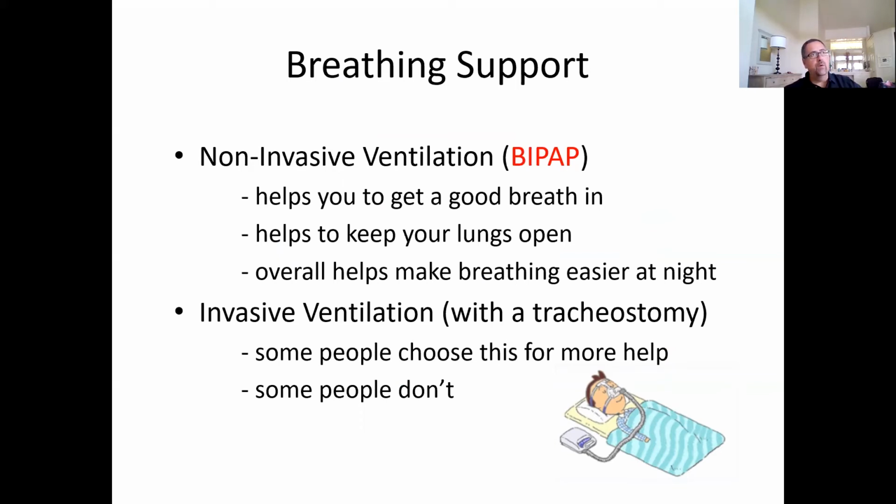Once we get to a point where non-invasive ventilation is not helping all the time, we can talk about invasive ventilation, and there are patients out there that choose to have a tracheostomy tube, which is a piece of plastic that goes into your airway that allows you to attach ventilatory support to it. But this is really a patient choice, and I was not going to delve into it a lot